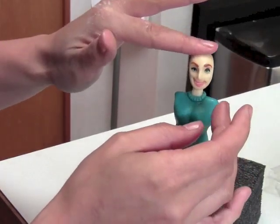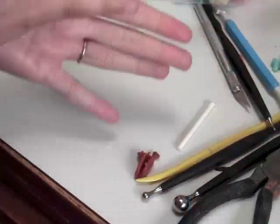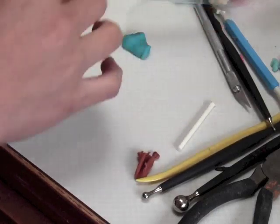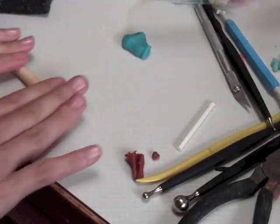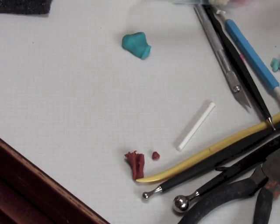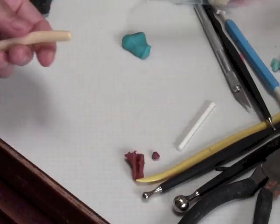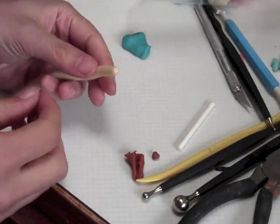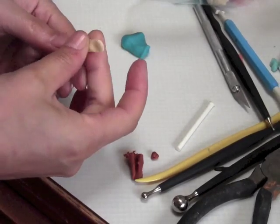Press on. So I'm going to roll this into a long, skinny shape here. Figure out about how long. Pretty skinny. So the first thing we're going to do is make her hand by pinching the end flat and defining where